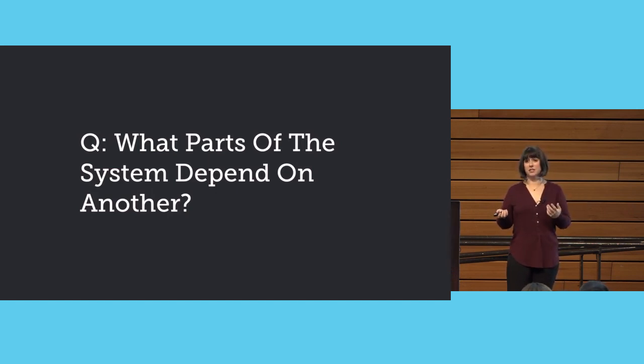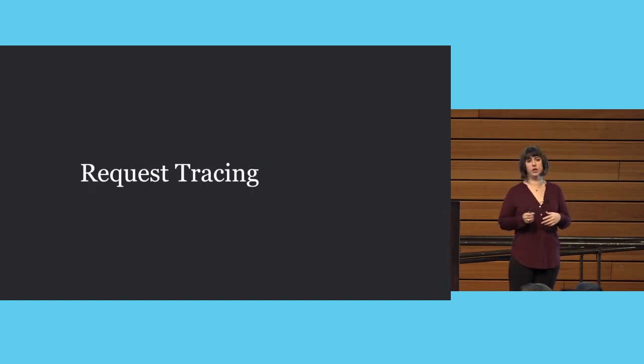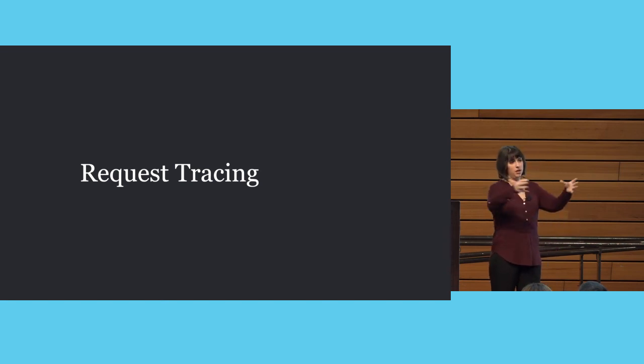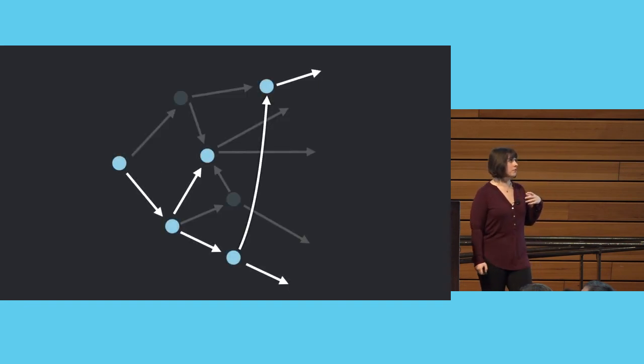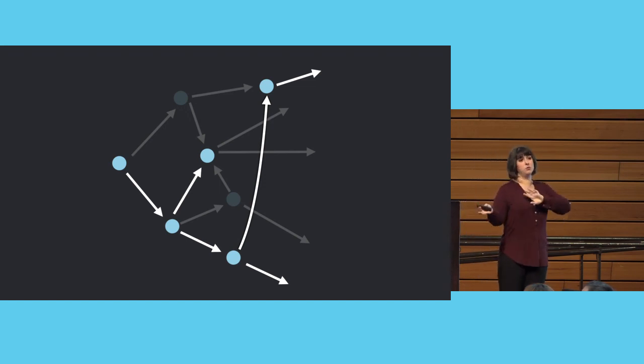If it's a really big, complex system, chances are you're not just going to be able to rattle off a name of 3 different things. You're going to actually have to go in and figure that out. And this is where, again, something that Chris mentioned comes into play, called request tracing. This is a pattern used to track traffic between your system, and it works holistically. So instead of trying to figure out what's going on where, you're actually seeing what parts of the system are dependent on each other and what specific parts you need to worry about right now. Other stuff we'll deal with later, but right now you care about these few pieces.